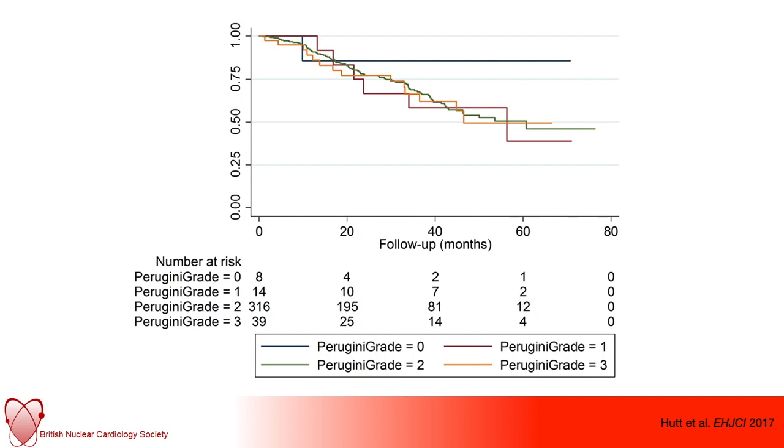So unfortunately for Leon and I, who've spent many hours sweating over whether this is a sort of subtle grade 2 or a sort of grade 1 scan, actually work produced by the National Amyloidosis Centre in 2017 showed very clearly, and this was in 377 patients with wild-type TTR cardiac amyloid, that it didn't matter whether you were grade 1, 2 or 3. All that mattered prognostically speaking was whether you were positive or not, and this was a median follow-up of over